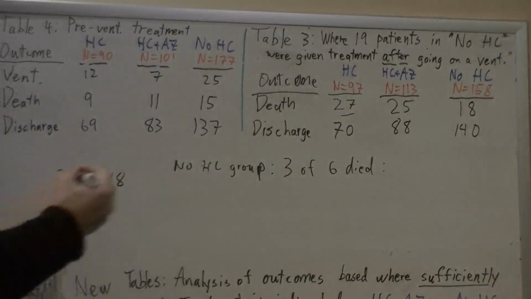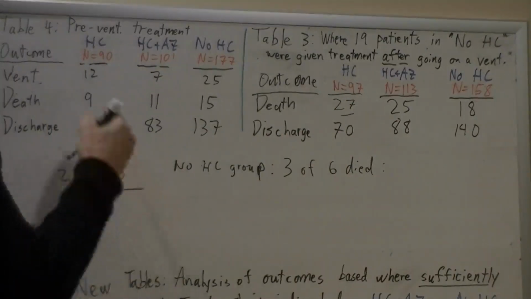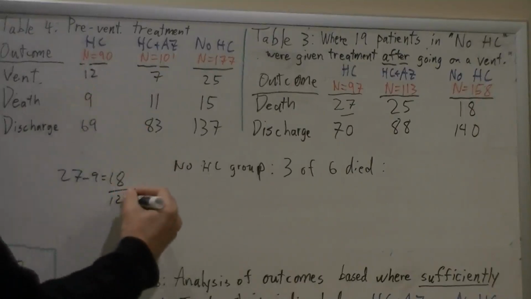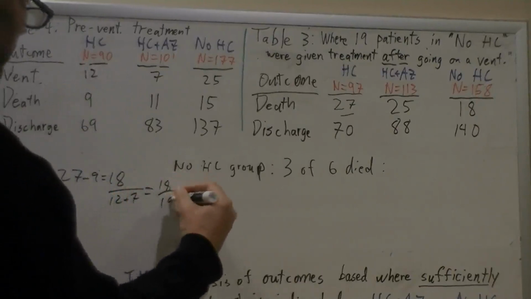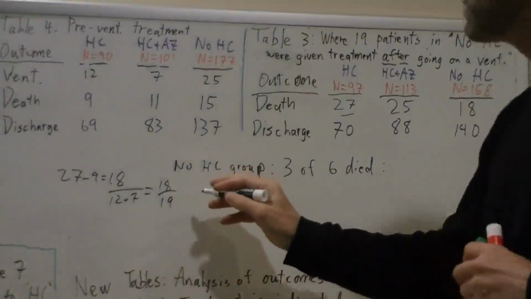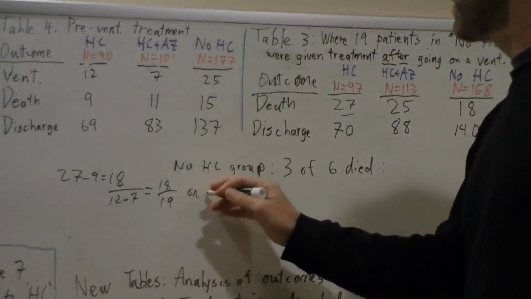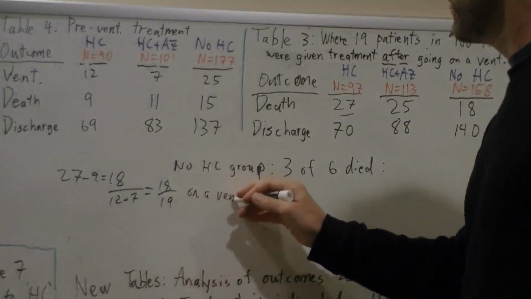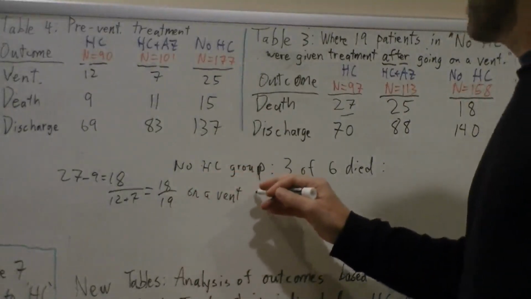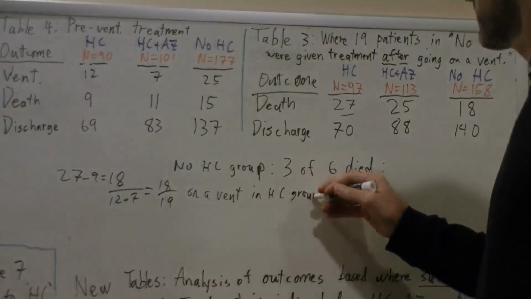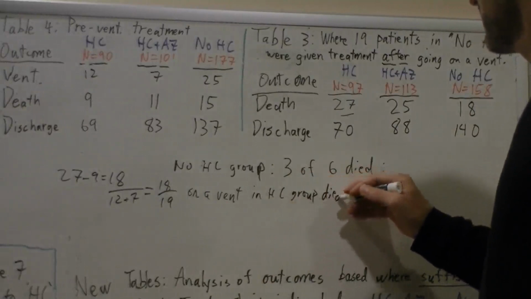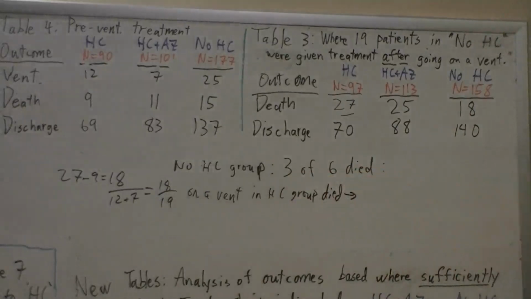So that's a pretty high number out of only, we started with 12 down here, plus 7 over here. So what that means is 18 out of 19 on event in the HC group died. If we think about this, analyzing what happened to the patients before they went on to event,